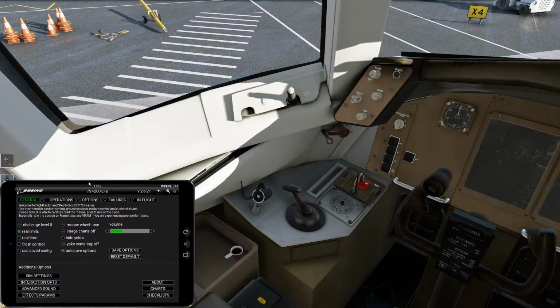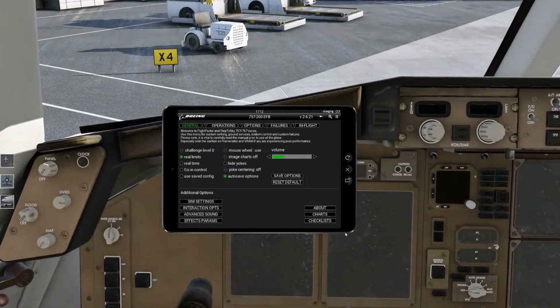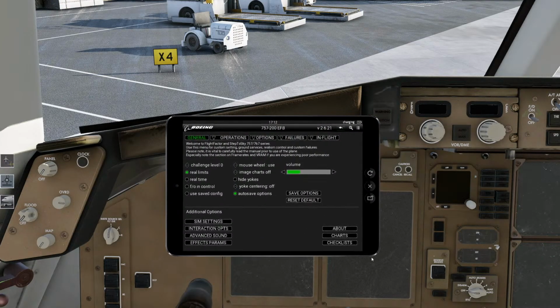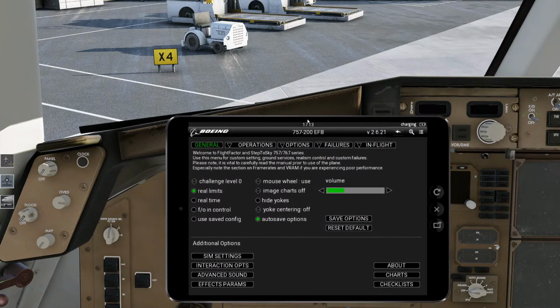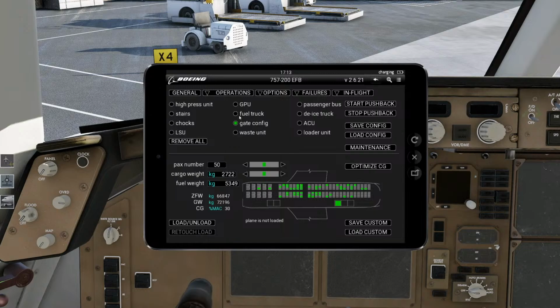We're going to bring up the electronic flight bag. Let me see here. We can't make it bigger, can we? Yeah, we can. All right, let me make this bigger so you guys can also follow along. We're going to remove real limits. No, let's leave real limits. The real time we don't need. Next, we are at the gate, so we're going to go to the ground gate configuration. We're going to need the fuel truck and the GPU. And next, we can set up the